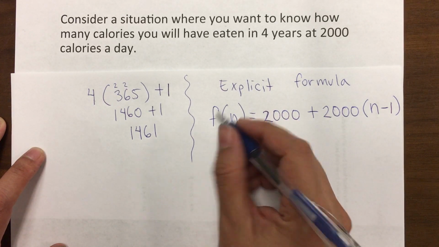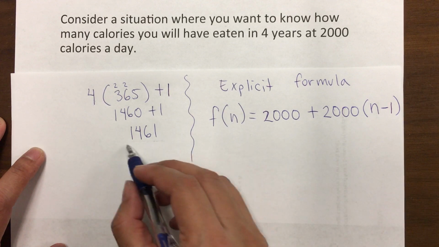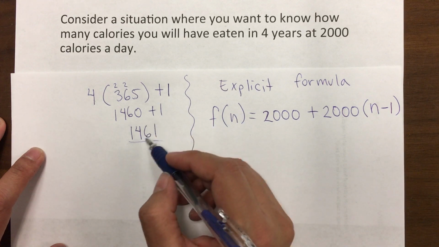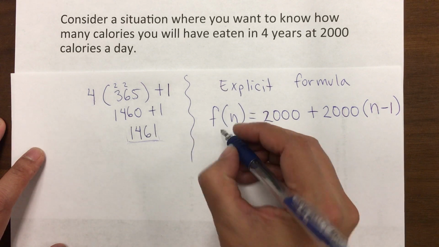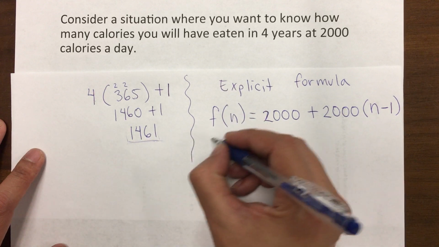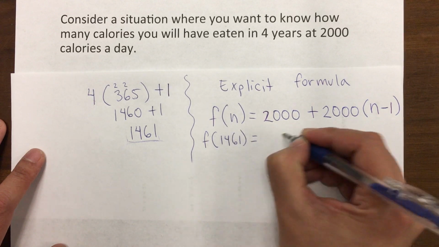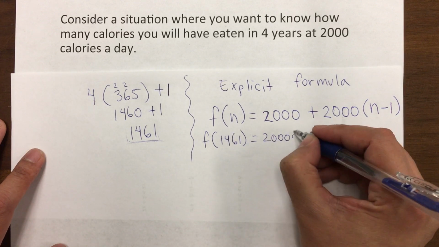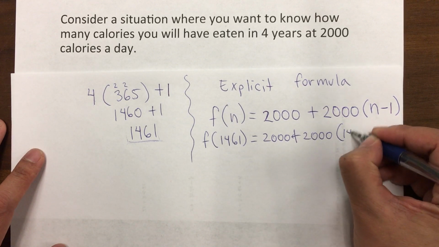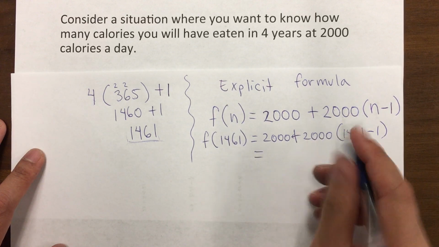And if I want to find how many calories I have eaten after 4 years, then I'm going to put this as f of 1,461. So f of 1,461 is equal to 2,000 plus 2,000 multiplied by 1,461 minus 1, which is equal to,